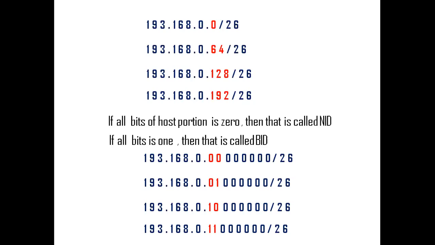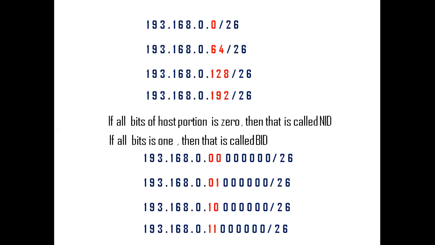Now do you understand, brother? Yes, I understand, sir. The only thing is, I want to know: that means for the first portion, it is 00, then 01, 10, 11. Those are all network bits? Yes, exactly, they are network bits. That's why I've written 26 here, and the rest are host bits.